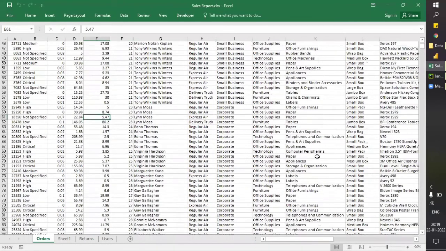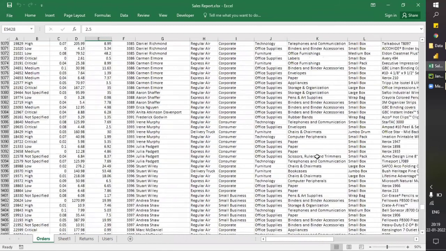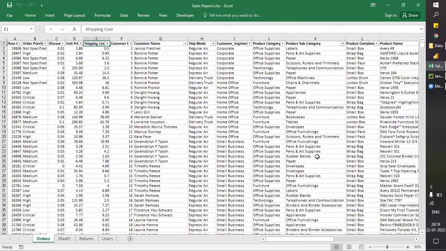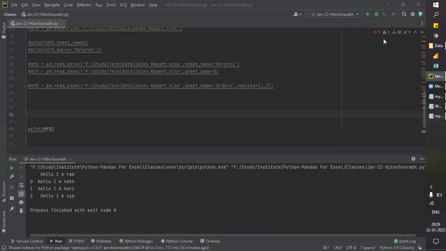I believe this has all the rows intact. There is no missing rows. Okay. So the missing data, we'll come back to that later on.